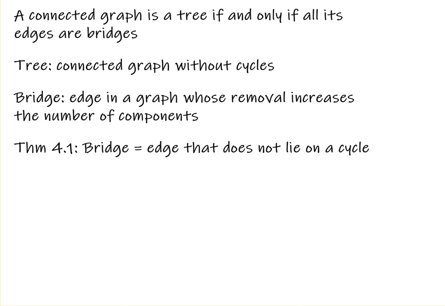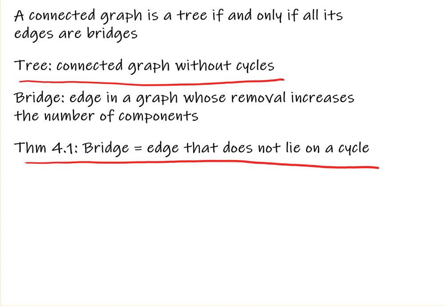But in our proof, we're actually not going to use the second definition here, we're going to use theorem 4.1 instead, in which it's proved that a bridge is exactly an edge that does not lie on a cycle. Every edge that does not lie on a cycle is a bridge. That's theorem 4.1. So we're going to use the definition of a tree, and we're going to use this theorem, which gives us a new definition for a bridge. And if we put these two together,